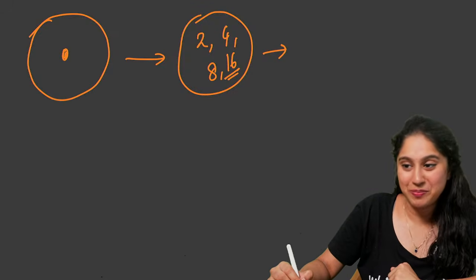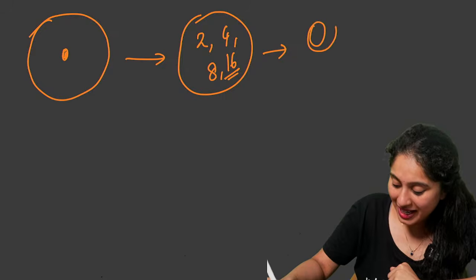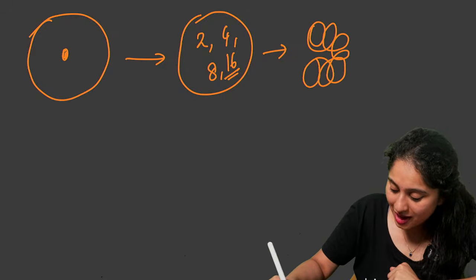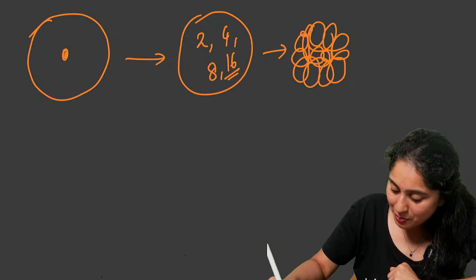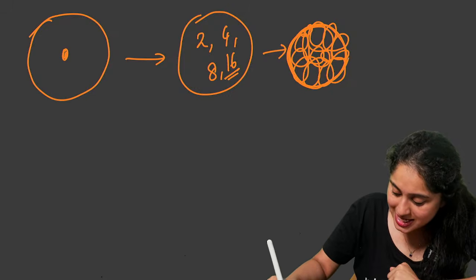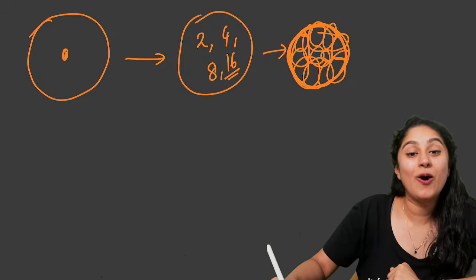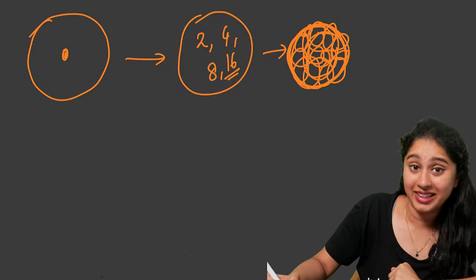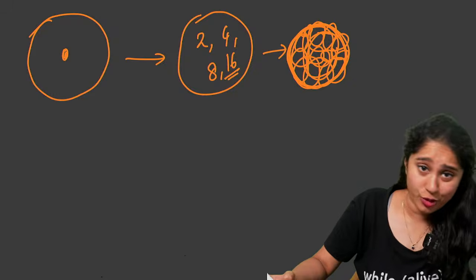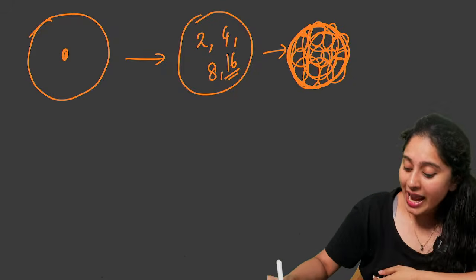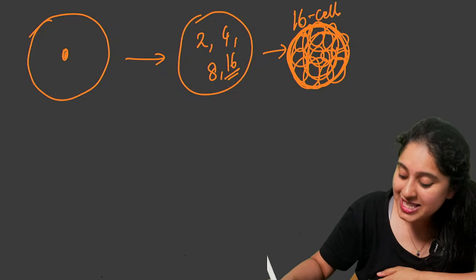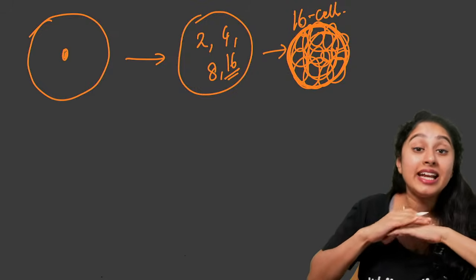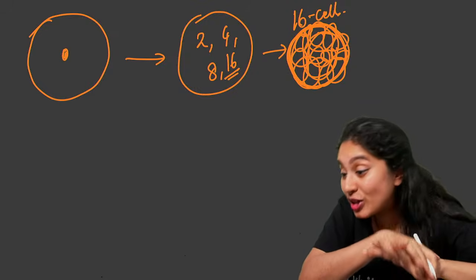Again, the morula disappeared. Okay, let me make it a little cleaner. So the morula is going to have a bunch of about 8 to 16 cells in it. I think the app is telling me, ma'am, you need to draw diagrams better, but I'm only drawing it for your understanding, so hope you understand. Anyway, all these 16 cells are going to be identical. They don't have any differences in them.